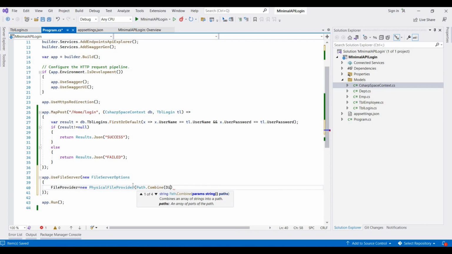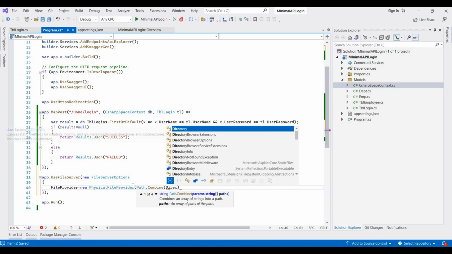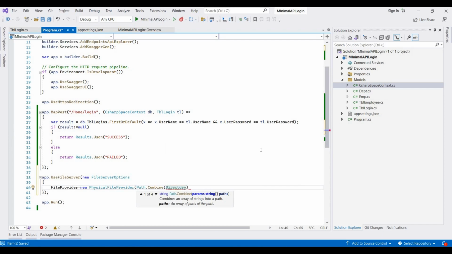Here we take the current directory, because I'm adding one more folder to save the HTML files. So Directory.GetCurrentDirectory(), and then here we write the path name of that folder, as I am adding that folder for static files,